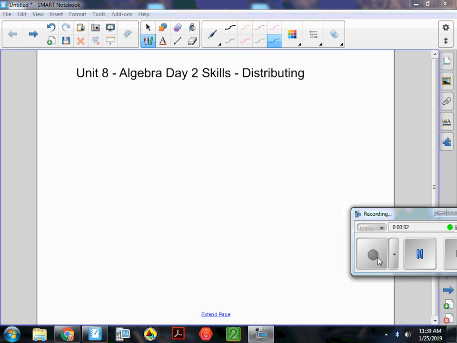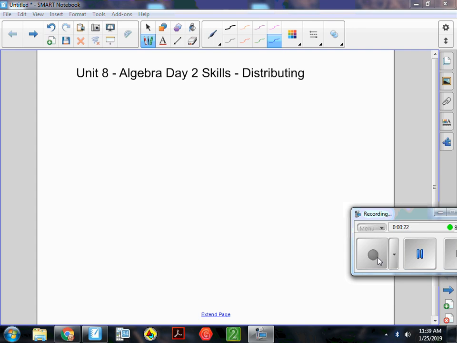Okay, this is for Unit 8 of Geometry. The algebra skills that are going with it have to do with polynomials. Day 1 was adding and subtracting or combining polynomials. The Day 2 skills are distributing polynomials. So we're going to go through some different examples of distributing polynomials to go along with what you remember from